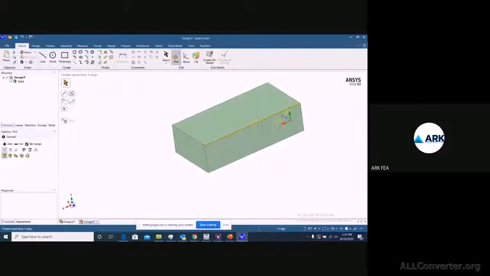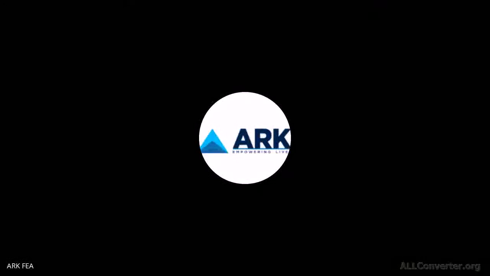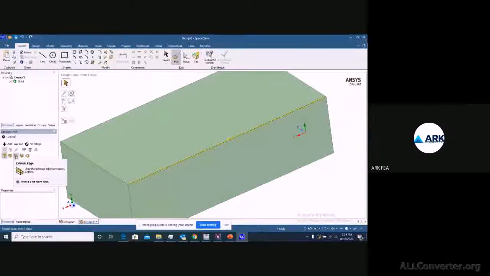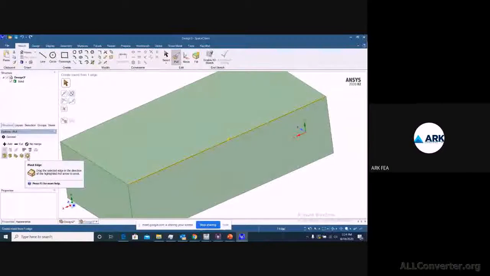What exactly we can do is, we can also pick out this one edge and you have a mini toolbar available here, which will allow you when you work on edge related things. So what all features are available to work? So you can create a round or a chamfer there, or you can extrude your selected edge in any direction, or you can copy your edge, or also you can make it a pivot edge. So that is also possible.